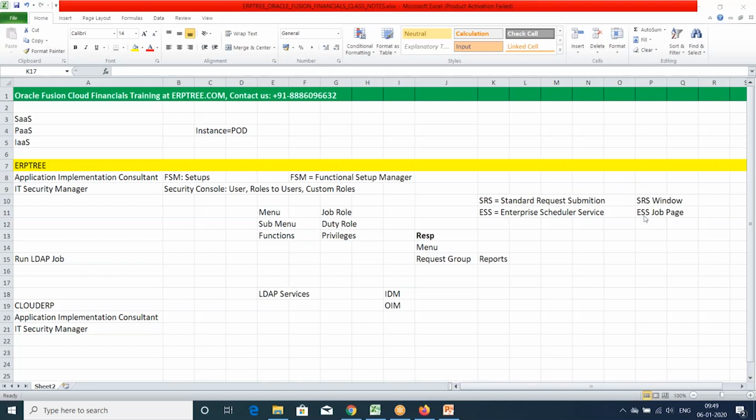If that is okay for them, yes, they can go. So in a SaaS environment, they can create a custom page and use it. SaaS you cannot create. In PaaS you can create a custom page and you can use it. In SaaS you can create a custom report, and you can do third party integrations. Not a custom page.